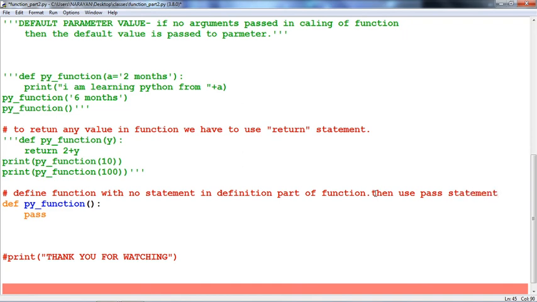We have studied the pass statement in detail in our previous class, when we studied the types of statements. Pass is nothing but a statement with no value, an empty statement.